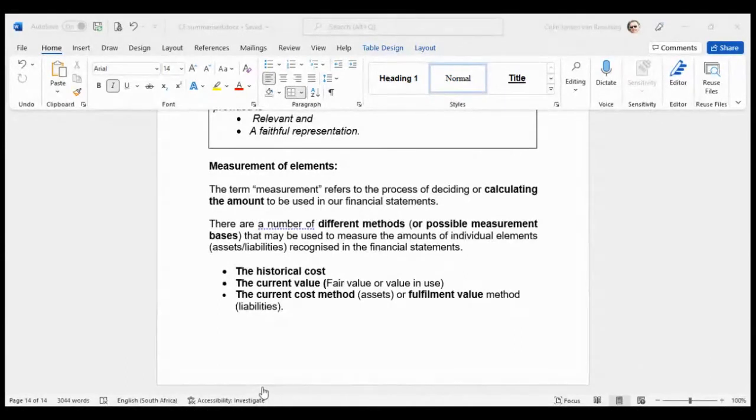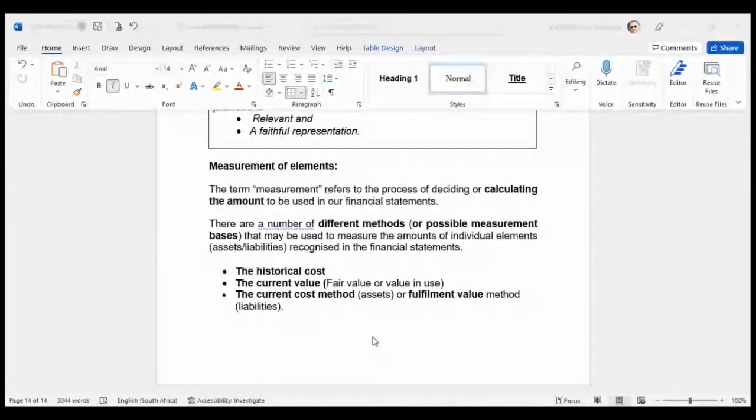Okay, so the measurement of elements, ladies and gentlemen, let us perhaps just talk about the measurement of elements before we go into the detail. Let's just talk about it generally. When we get to the specific standards, you remember we said last week that those standards supersede the conceptual framework. But if there is no standard covering a specific area, then obviously the conceptual framework will apply. Now, most of the standards will give you certain definitions that apply to that very